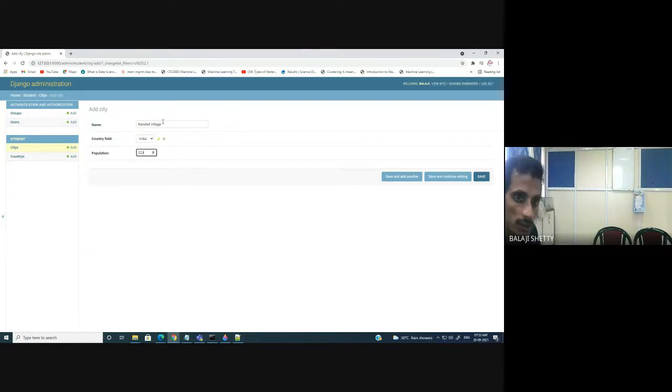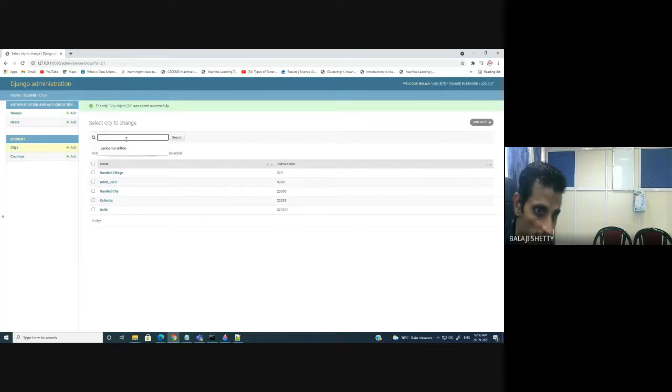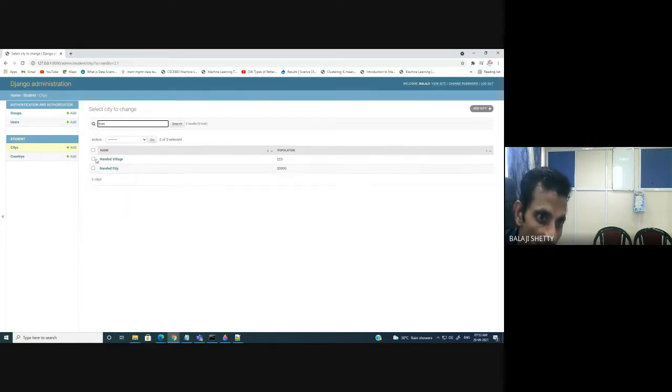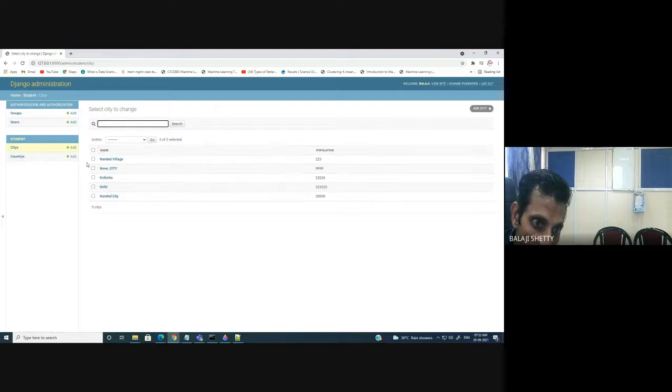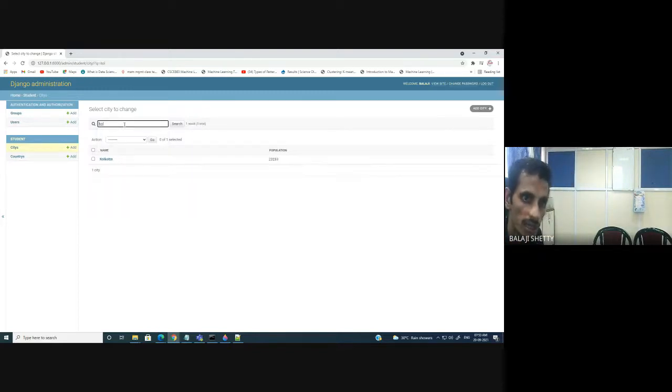Now if I search here N-A-N, press enter, you can see Nanded village, Nanded city. It will search this N-A-N keyword in all the city records, and whenever N-A-N appears, it will display the record. Or Kolkata, I type here only coal, press enter. You can see Kolkata. Are you getting it or not?